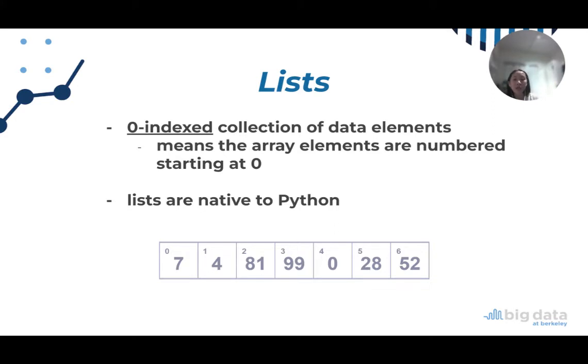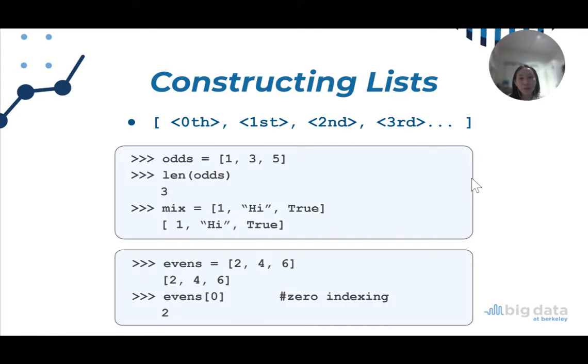So lists, in comparison to arrays, are native to Python. And so the syntax for these lists are these brackets that you can see, and then our 0th element first, then our first element, then our second element, and so on. One example of a list is our odds list here. So odds equals 1, 3, and 5, where 1 is our 0th element, 3 is our first element, and 5